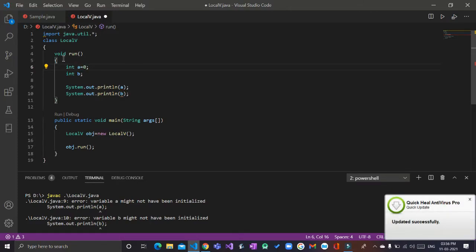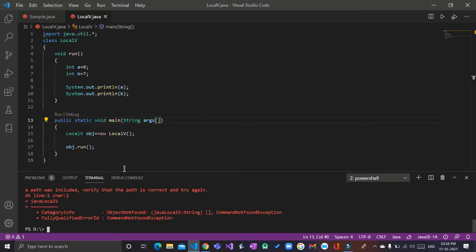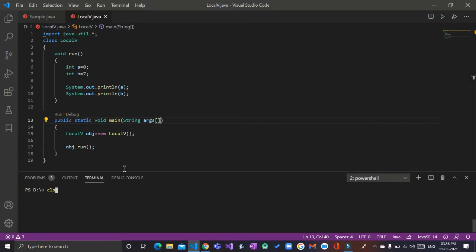Okay, so it says int a equal to 0 I'll try to give, and int b equal to 7 I'll try to give. Okay, once I do that, then I go down and just clear my screen, again compile my program and try. There's no error. Okay, I'll try to run it. So it's like this, and when I try to run this, oh, so sorry, it gives me the answer as 0 and 7.